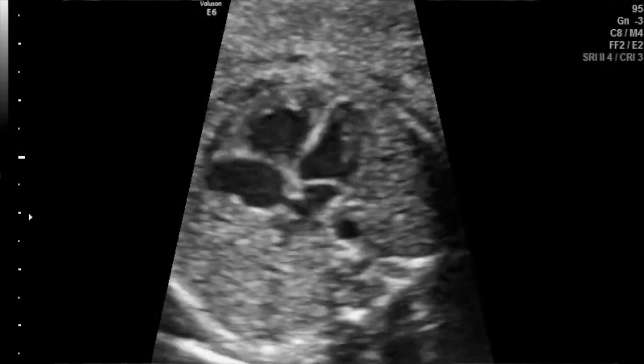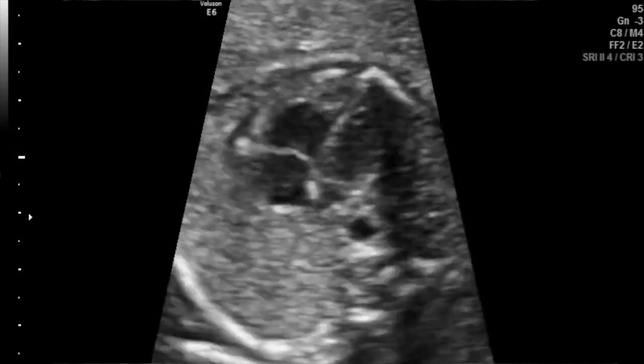This is the normal finding. This is the normal four-chamber view of the heart. So there is a VSD here, there is an ASD here, and there is a linear kind of appearance where the offset is lost. So this is what you see in atrioventricular septal defects or endocardial cushion defects.